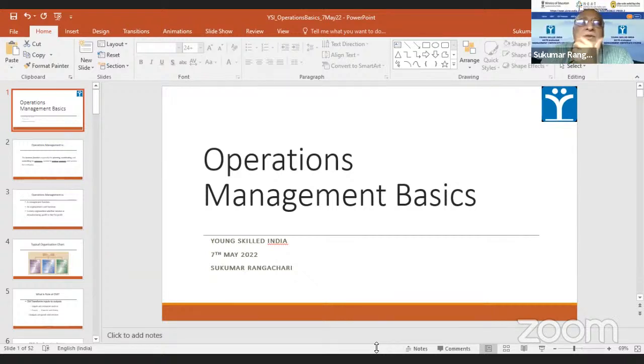Yes, as I told you, this gives an overview of what is operations management, why operations management, what is the role of operations management. And, of course, management has many verticals. Each one is important. It is like a whole body. Like, let us say, operations management is like your digestive system. There is an input and there is an output, right? So a lot of things happen, and a lot of parts of the body have to ensure that it transforms effectively.